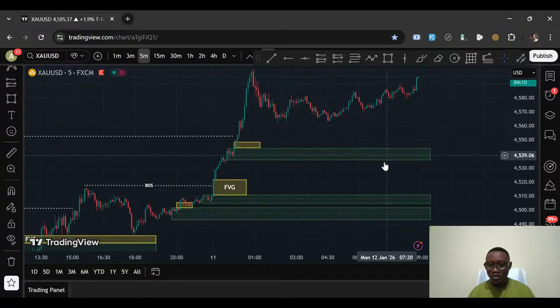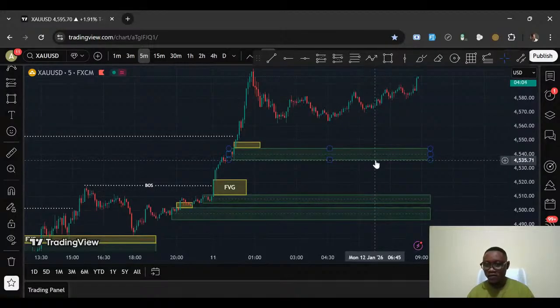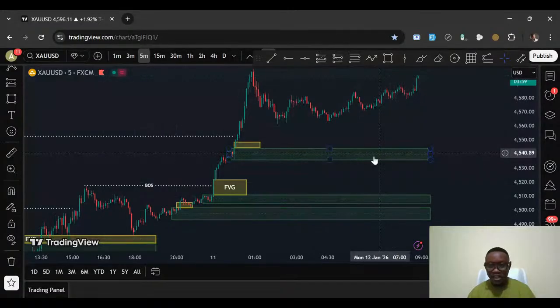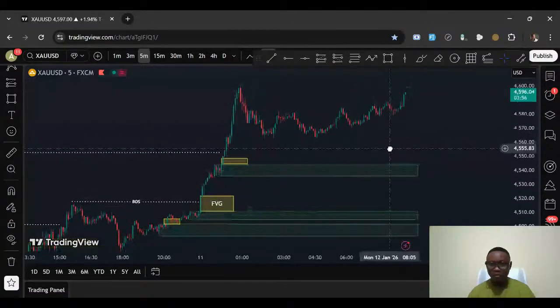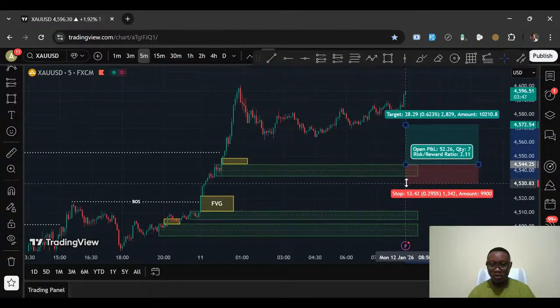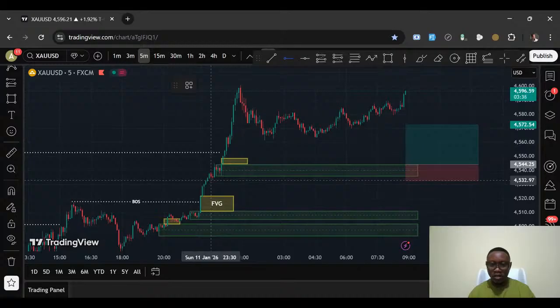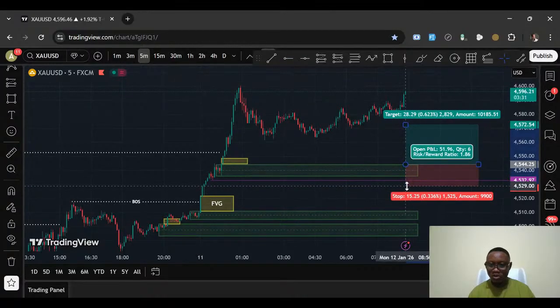Any trade you're taking at this zone or this zone, you should be very, very conservative with your TP. If I'm going to take a trade right here, for example, where's my long position two? Okay. Of course, my SL will be here, just slightly below the swing low. This is a swing low. So you can mark this out with your horizontal line tool like this. This is the swing low. So your SL should be slightly below it.